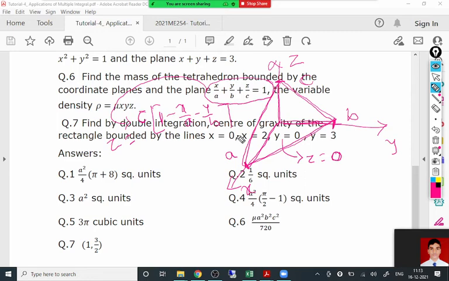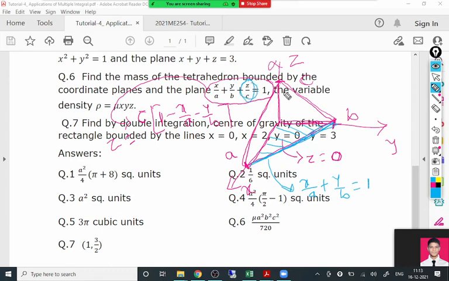Once we do the inner integration with z, then we have to integrate this in the xy plane on this region, on this triangle. Now for this triangle, what is the equation of this line? Anyone? What is the equation of this oblique line? X plus y equal to 0? No, x upon a plus y upon b is equal to 1. Because we replace z by 0.